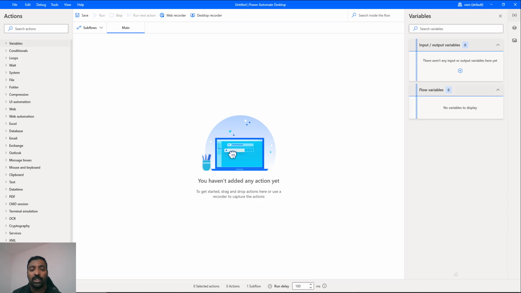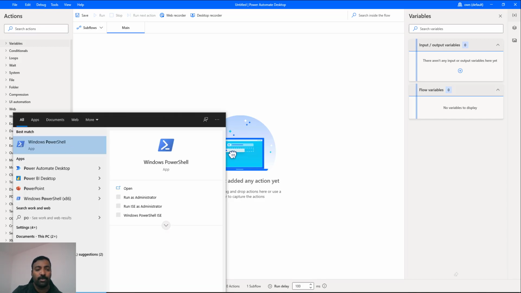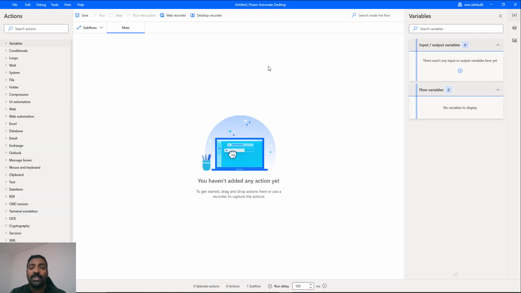When you go to Run and type Power Automate, you can see that Power Automate desktop will appear. This is just like Power BI desktop, a desktop tool for creating flows, and using this tool is absolutely free. You don't require any licenses. Only for deploying the flow to the cloud would you require a license, or if you don't have one, you can take a trial for a restricted period. After that you have to go for one of the formal licenses.